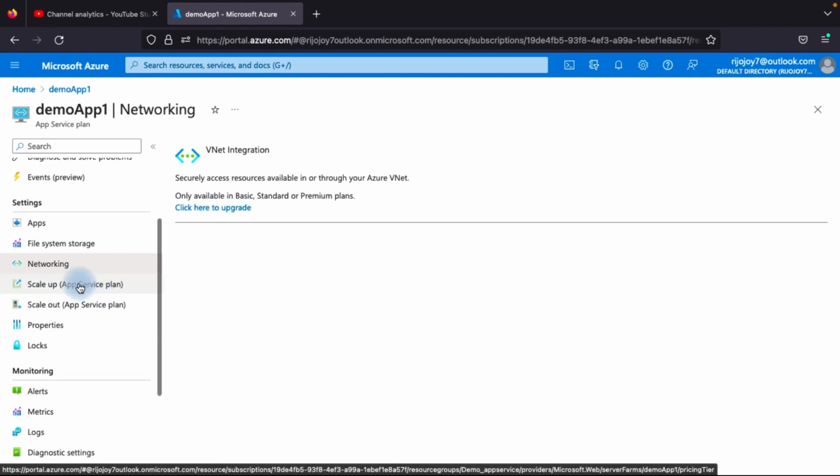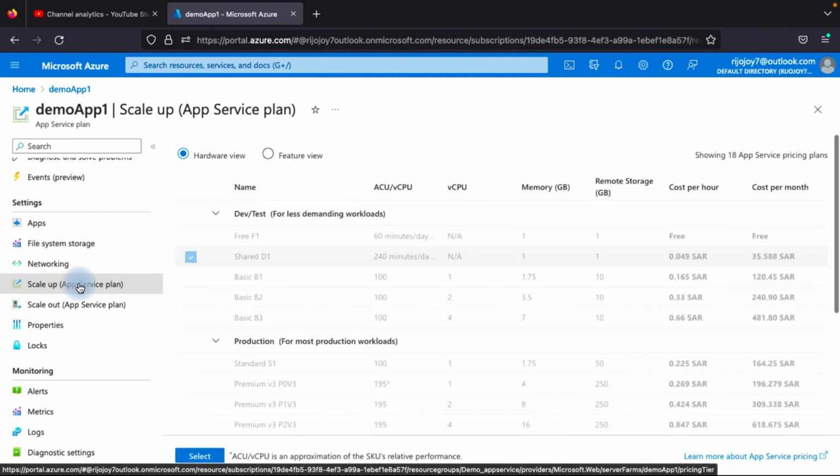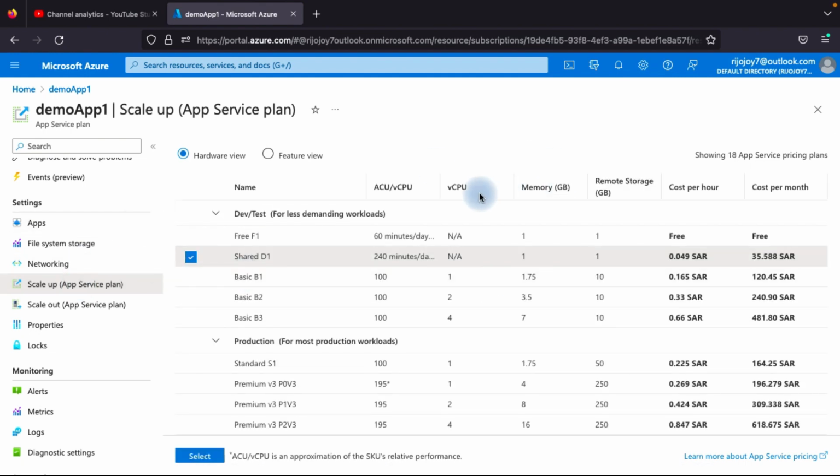So just next one, scale up. So what does scale up mean? You can shift your plan to another plan related to your requirement. Currently what plan are we using? We are using the shared plan. So what's the problem in the shared plan? Not available for auto scaling, not available for more memory and GB. So if you want to shift this plan, you just click, for example,